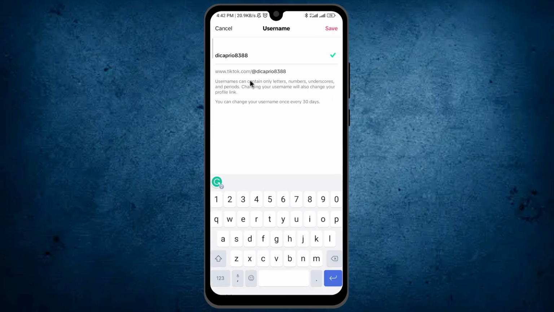Before changing the username, you can read on the last: you can change your username once every 30 days. It means you can change your username on TikTok once in a month, so be careful while choosing the name. Because if you write the wrong name and save it, then you will not be able to change it for the next 30 days. So be careful and tap on this username and write the new username on TikTok and look